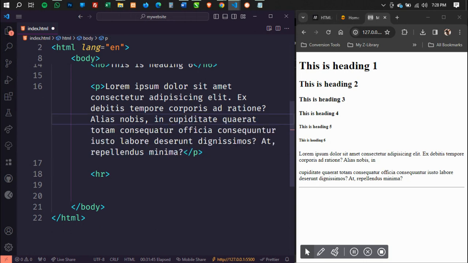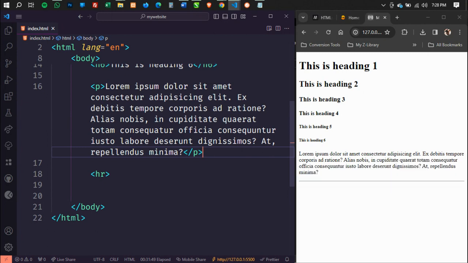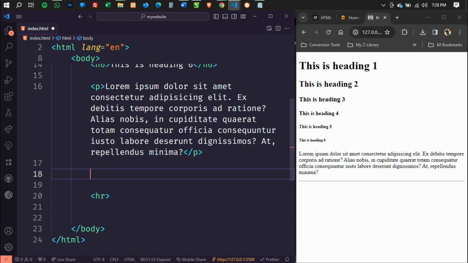I think I'll have to type it myself. Yeah, so if you don't have it, as a beginner, it's quite advisable that you type them yourself so that you get to learn the syntax very well. We'll continue and we'll be looking at other elements like